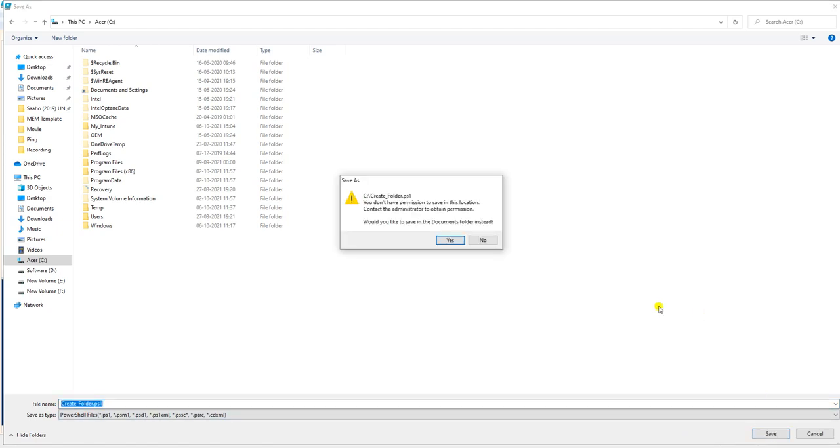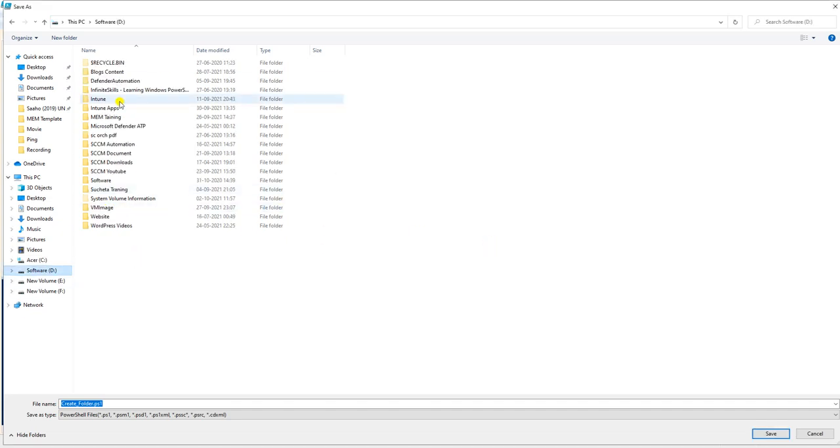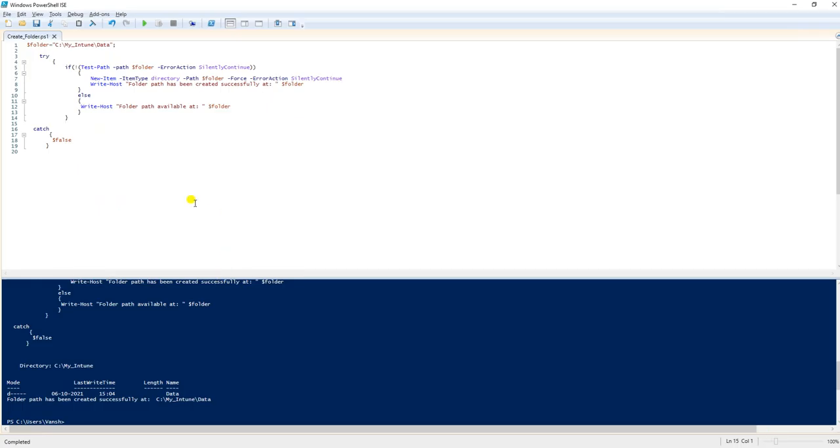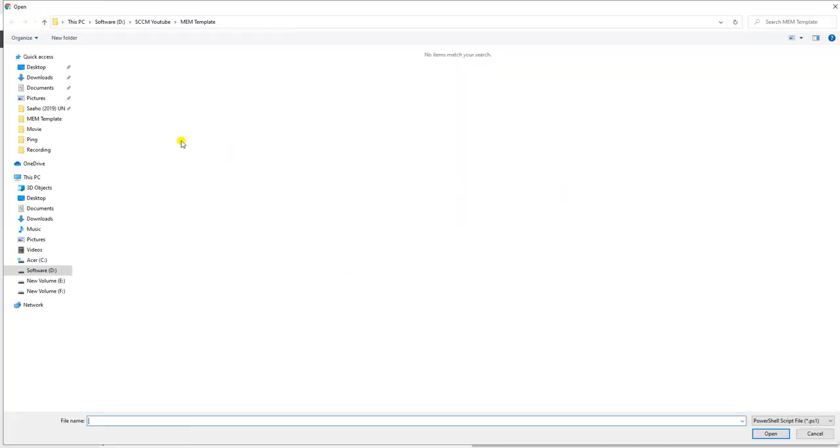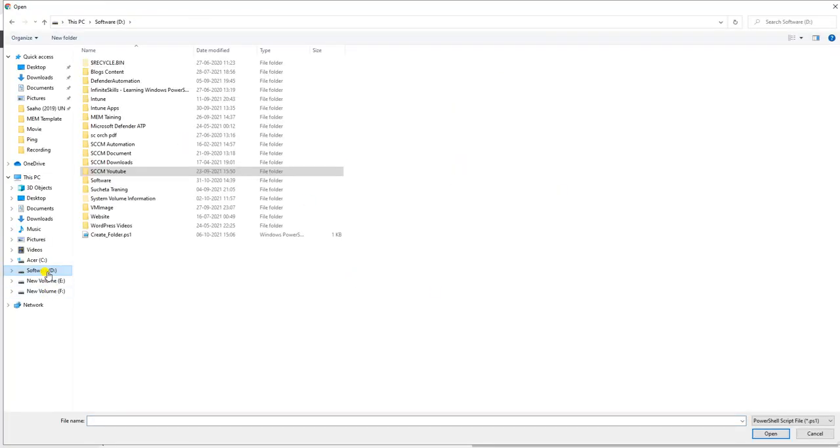Let me save it here. Let me save it to D drive. Okay, so I saved this file and now let me go and import my file from the D drive. So this is the file which we created.